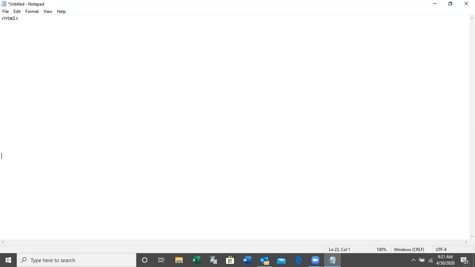The only difference is the file extension. If we are creating the JavaScript within the HTML, we have to save it as HTML. If we are going to create the JavaScript within PHP, the file extension is PHP, and we have to save the file as PHP. But if we are creating the JavaScript as external, we have to save it as a JavaScript file, .js. Right now, I'm going to create the JavaScript within the HTML.